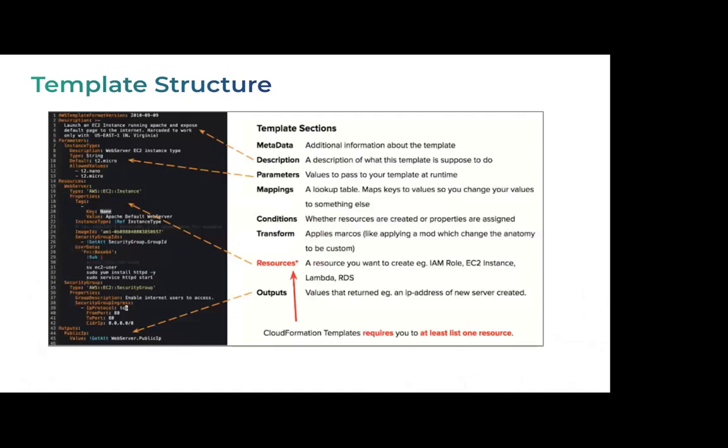Right? So this is what we have understood in each of it. If I take an example on the left-hand side, your metadata, I mean, description, what we understood around it. Metadata, we understood that it's talking about what parameters you're passing. Parameters, mapping, condition, as I spoke about, are to ensure that you make it dynamic, right? Like if you see the parameters here, you're defining, okay, it can be T2 nano, it can be T2 micro. So as per the different environments, you can switch that around it.